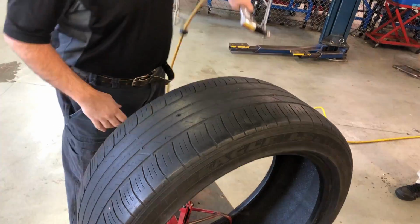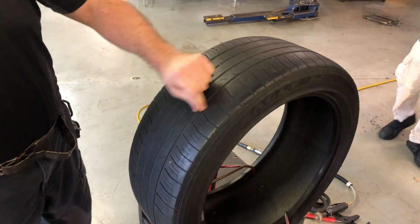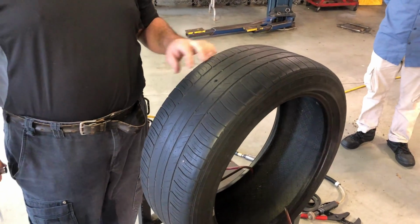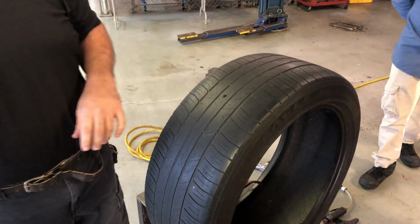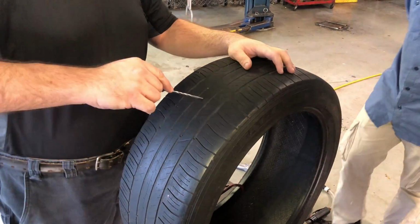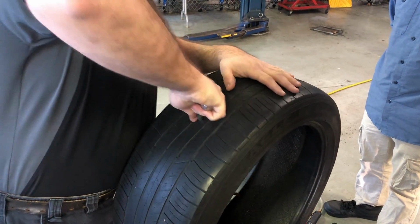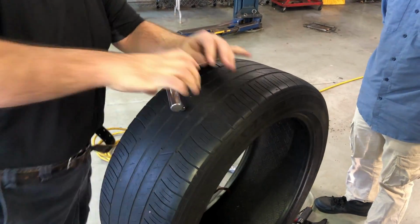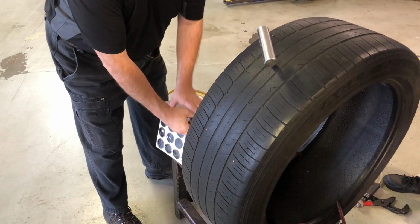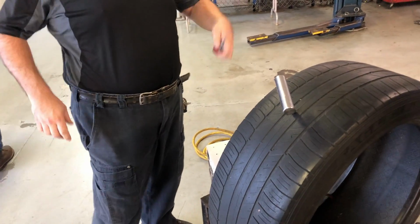The problem is that hole is not going to be big enough. Now, normally I would take a tire crayon and I would circle that. That way I don't lose it, all right? I just made it, so I'm not going to worry about chalking it. Now, this is a reamer. This is going to make your life a lot easier because when you go to put your patch plug through,